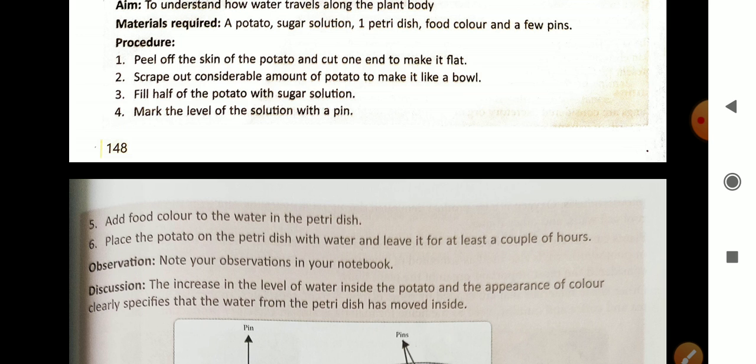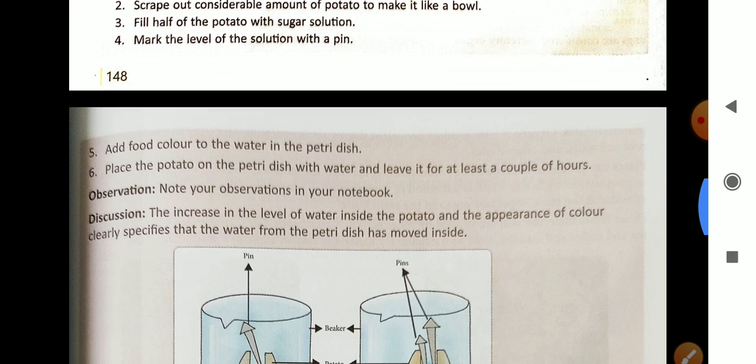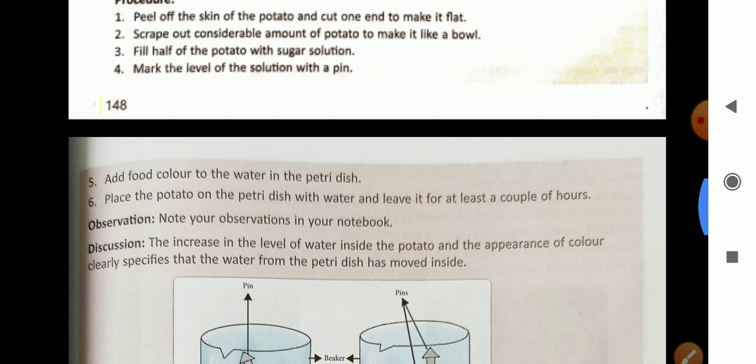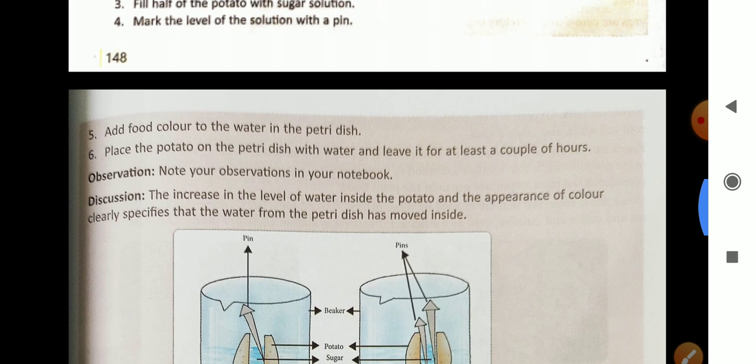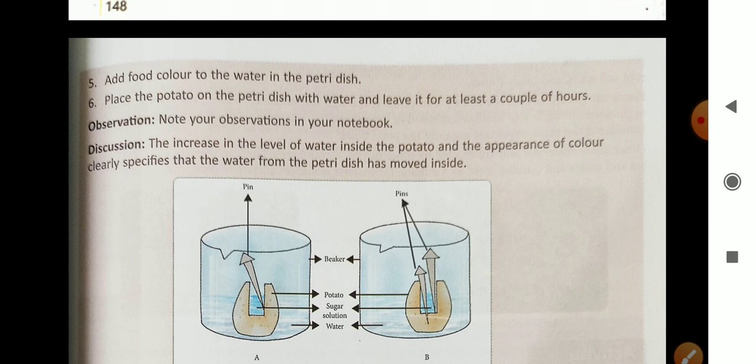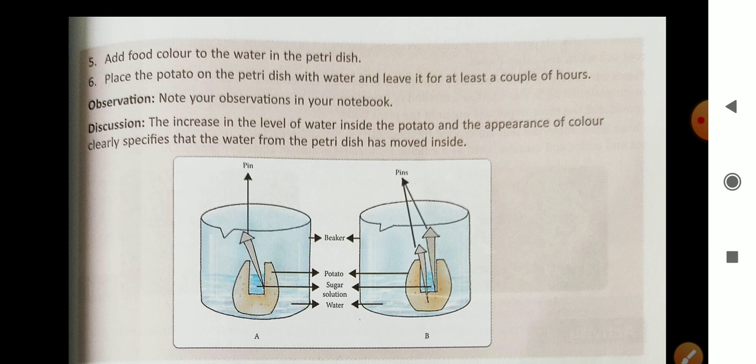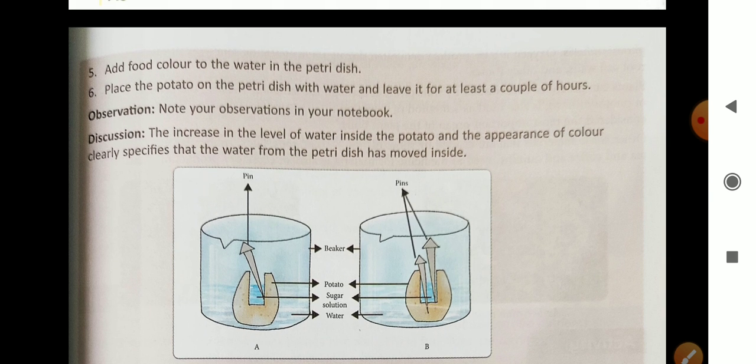Then fill half of the potato with sugar solution. Here we are taking sugar solution inside the potato. Mark the level of the solution with a pen. Then add food color to the water in the petri dish. Outside there is a petri dish in which food color is added, so that the water can be easily identified due to the color. Now place the potato on the petri dish with water and leave it for at least a couple